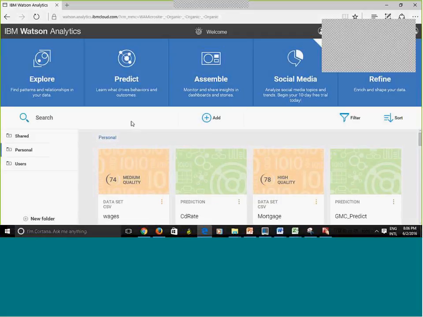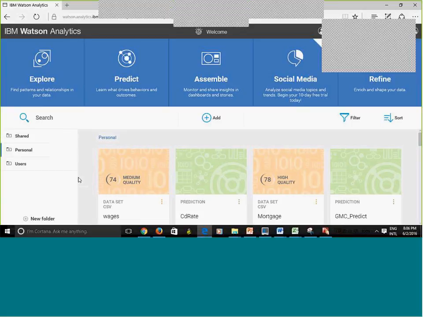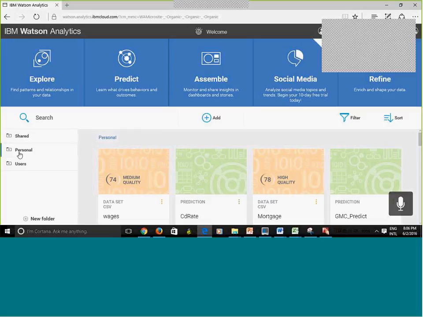So when you log in, you're going to see this screen, but it's going to be blank, of course, because you just received your account. You're not going to have any data set in there. So you see here two areas, personal and shared.